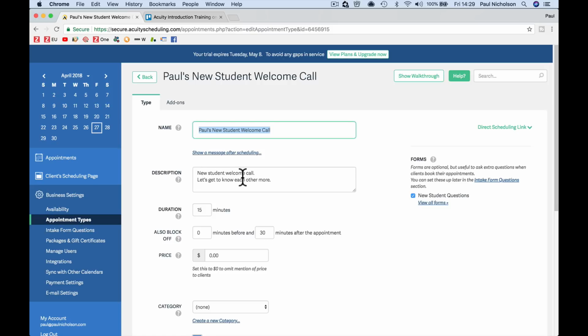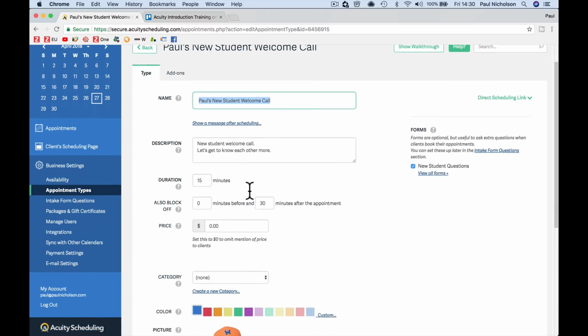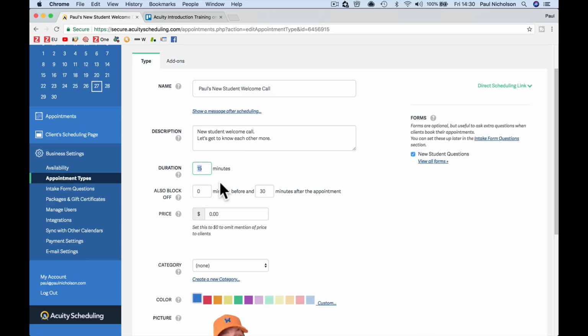So what I wanted to do every time I got a student was set a time, 15 minutes aside for a quick chat, to see if I could explain to them what they needed, or we get to know each other a bit more. But what you do is set up the name, a description, and how long it's going to take. So I've put 15 minutes, but then I've also blocked out 30 minutes after the call. When you get talking,